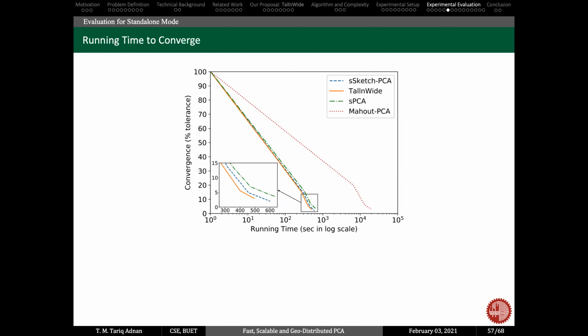Now we show that TallnWide takes less time for convergence. This graph is drawn by showing the running times of our comparing methods to converge to 5% tolerance for the PubMed dataset. We can observe that TallnWide takes the least amount of time and it provides up to 37 times improvement